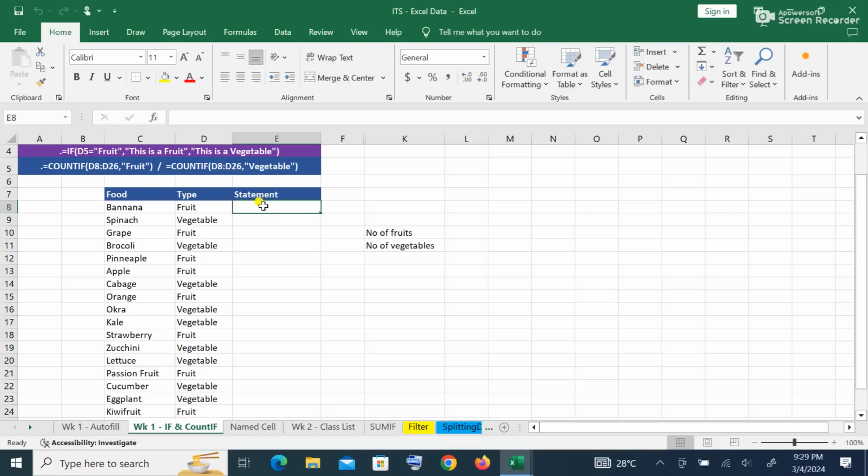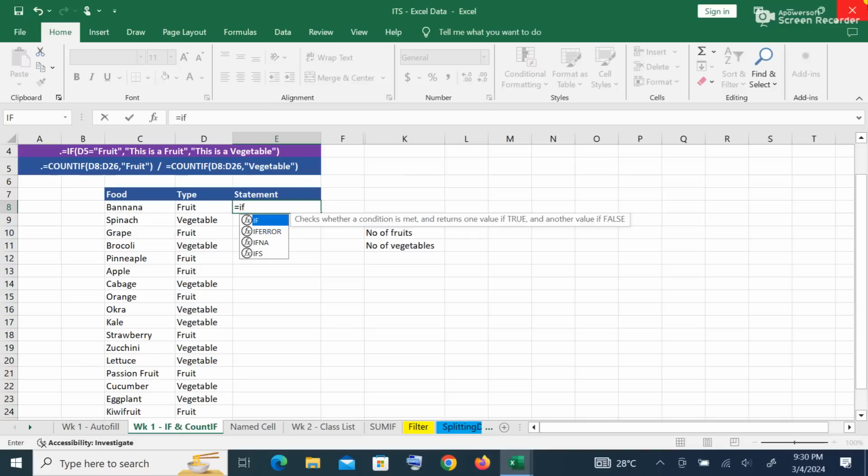Because it's an IF statement, we start with IF. So we start with equal to IF, in typing an Excel formula. Then what we have to do is put our argument in a bracket. As I open a bracket, it says that I should type my logical test. So my logical test is that if whatever is in D8 is equal to, I open my quotation mark, fruit,